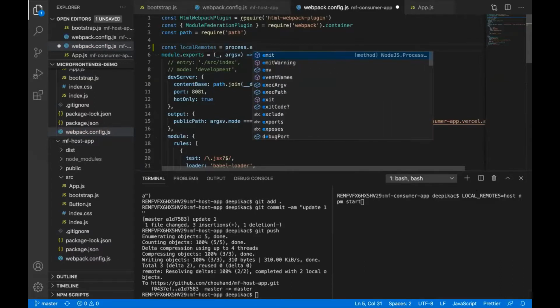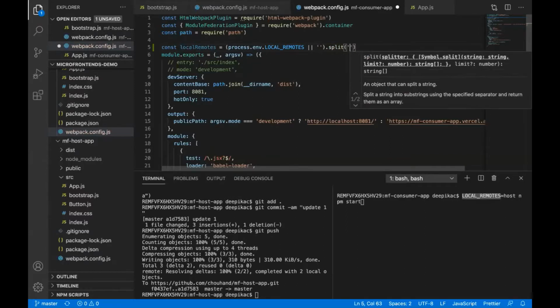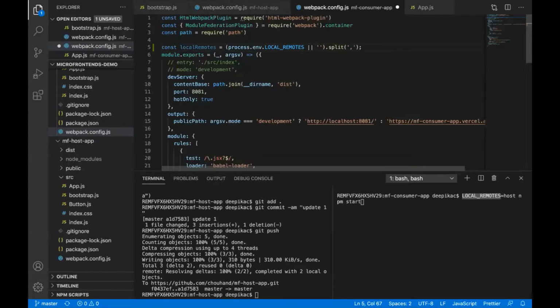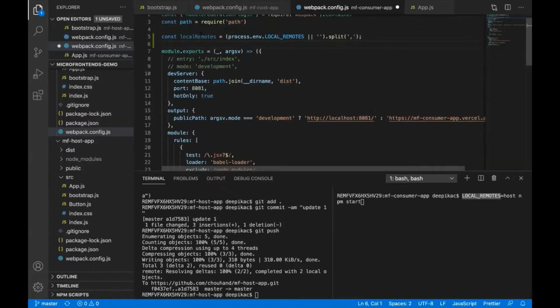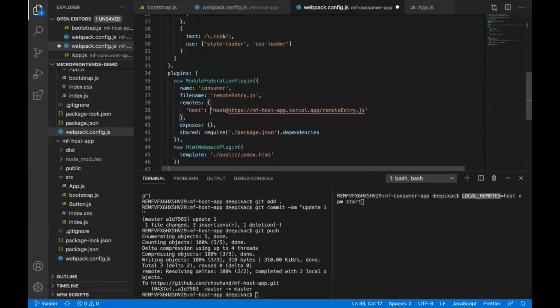Process dot env dot the name, or if you're not passing anything. If you have passed it as comma separated, then let's split it up. Okay. And your local remotes, let's update over here.